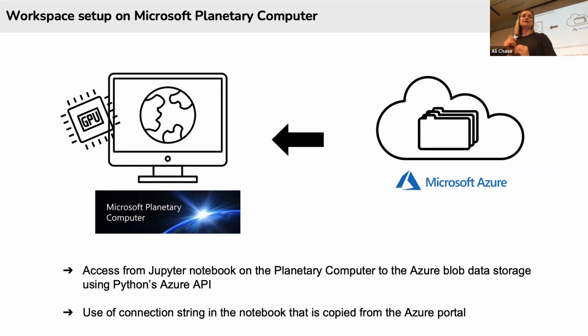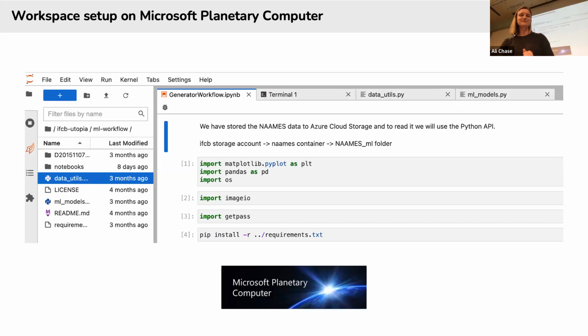And we could easily connect with this connection string in the notebook. So the connection string was provided in the Azure portal. We put it in our code in the Planetary Computer, and then it was pointing to the data. I'll note there's no local storage on the Planetary Computer, so that comes into play in how we managed our data. And I'll come back to my next point later, actually.